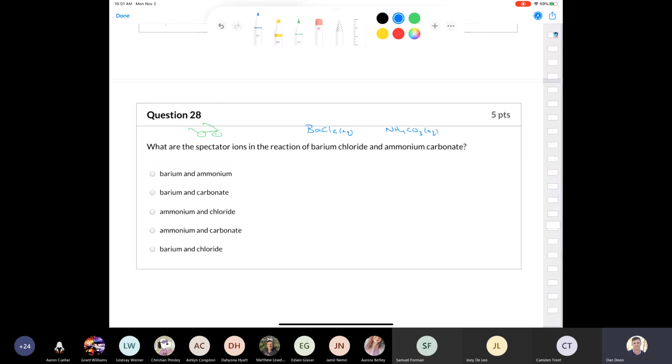So let's write it all out. We have barium chloride plus ammonium carbonate. Those are both aqueous. We're going to do a double displacement or double replacement, where barium is going to combine with carbonate and ammonium is going to combine with chloride. So barium is 2+, right? Chloride is -1. Ammonium is +1. And carbonate is 2-. That means that barium is going to come together with carbonate to give me